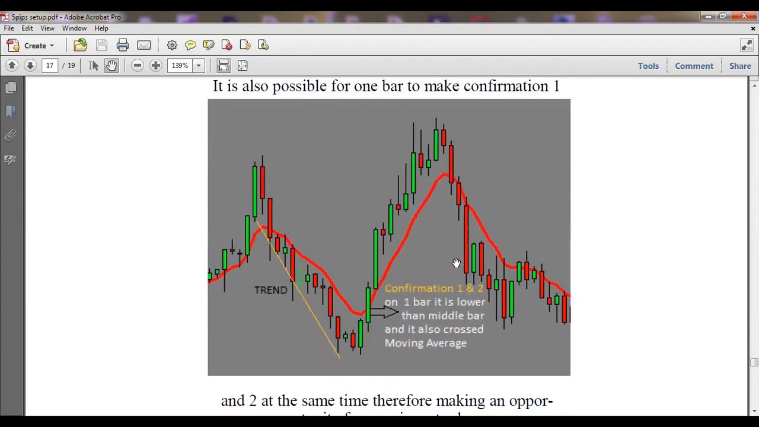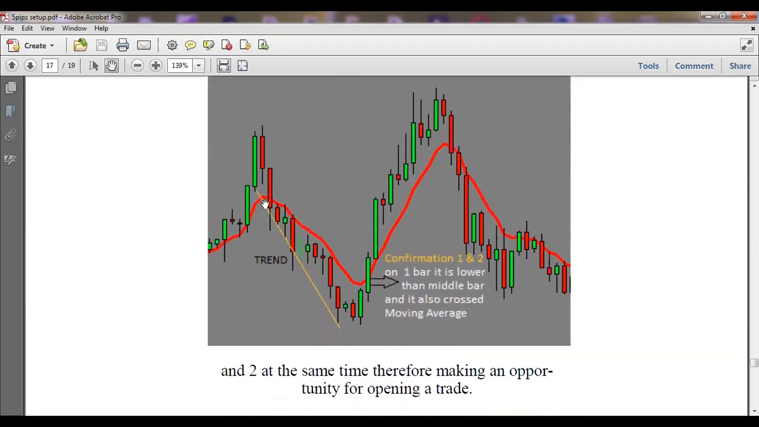This is another example. You can see this is a bullish candle, which is more than 5. You can see this red candle forming above the green candle, the last green candle. Look at this candle